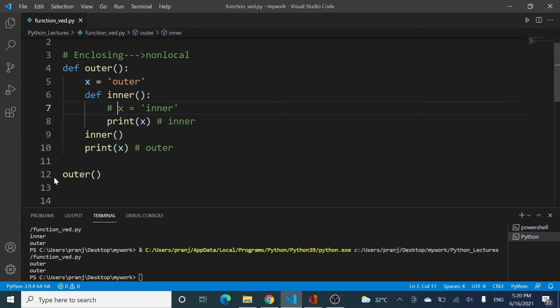When outer is called, right, the control goes to this definition. Outer is assigned to x, and there is this particular statement, that is the definition of inner and a print statement, right? And inner is called in the outer function, right? When inner is called, the control goes to this particular function and it says print x. But